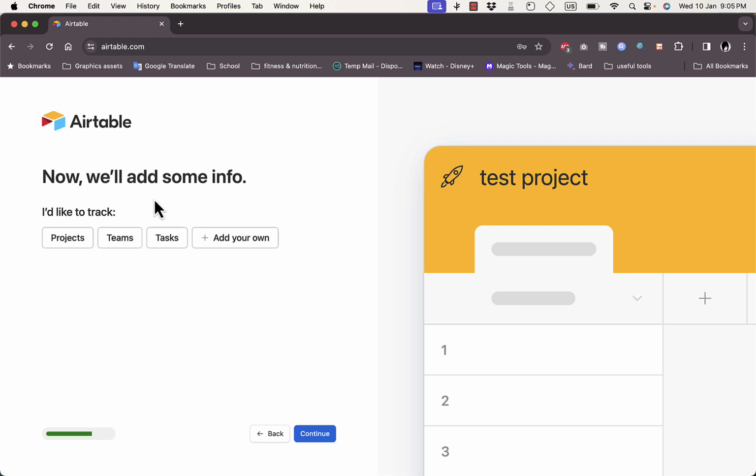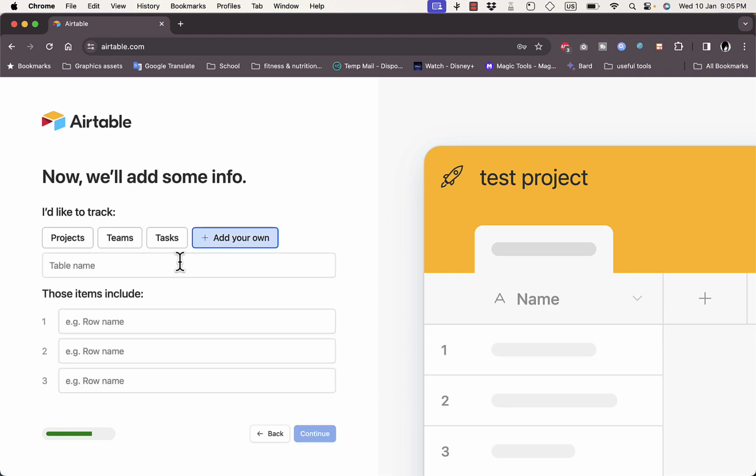Continue. Okay, now let's add some info. I'd like to track projects, teams, tasks, and I can add my own. So if I click here on add your own, I can select a table name. So let's say, for example, I'm tracking a school project that I'm doing, let's say, for example, a school project